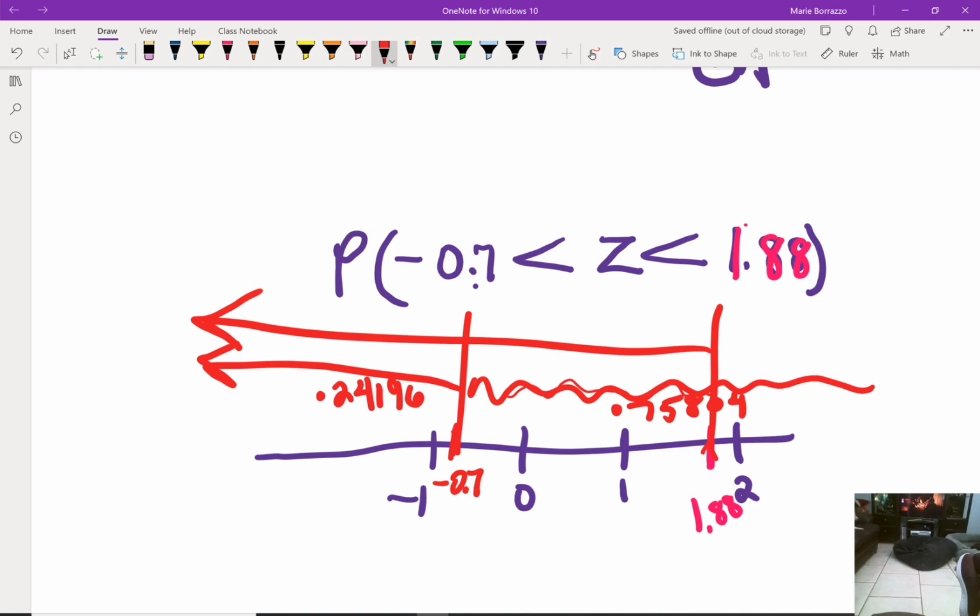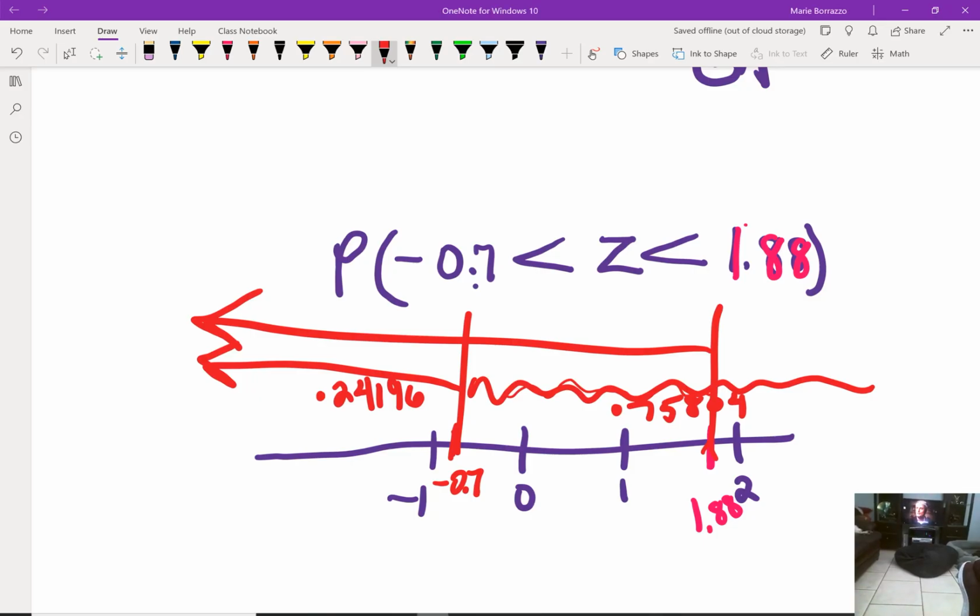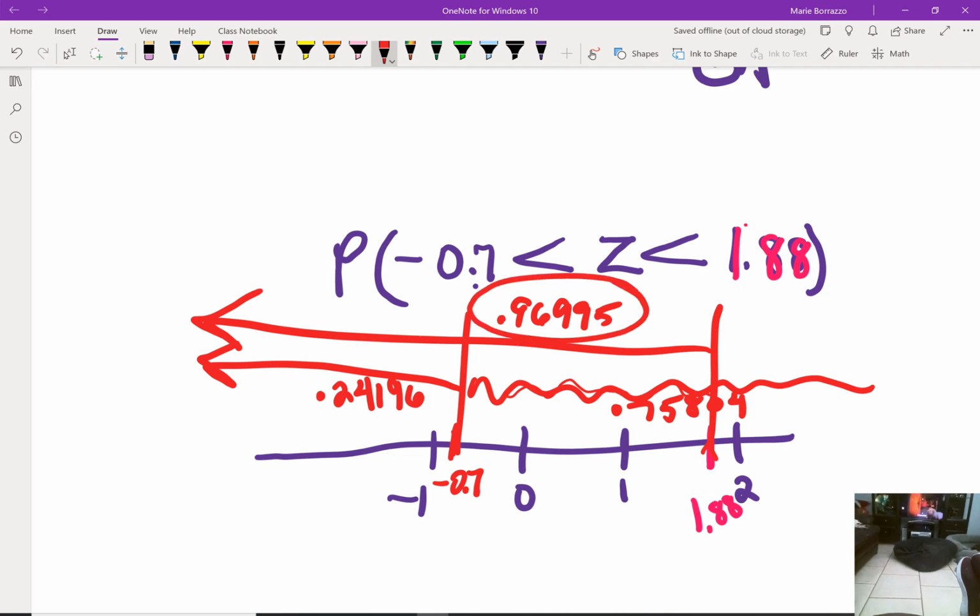All right, let's do the 1.88. So the 1.88, if I just do Z as less than, that's what that looks like. So if you notice, here's a z-score of 2, and so 1.88 is very close to that, and that's giving me a 0.96995. Okay, so all of this is 0.96995. So if I were to take this value and subtract, okay, notice that I want this area in here,